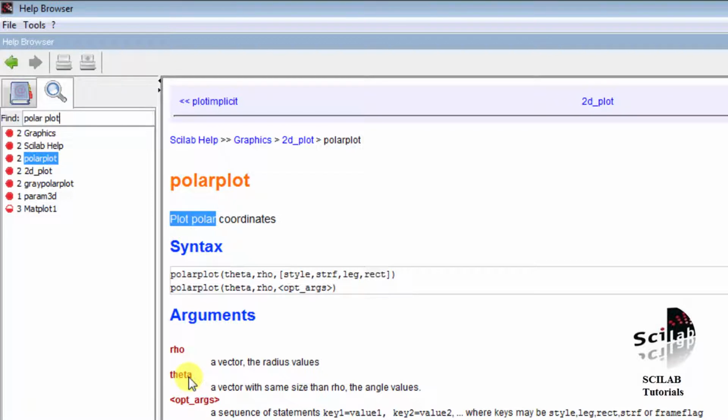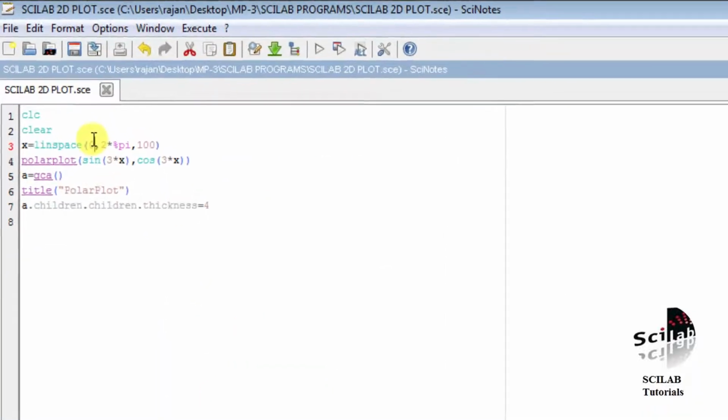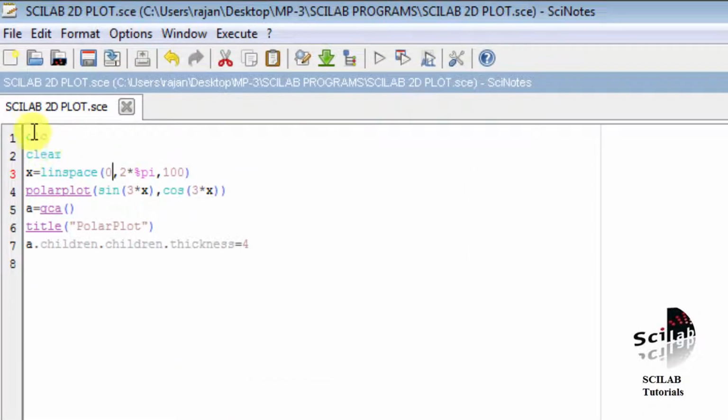Now how will we plot the polar plot, how will we give the value of theta and radius? For that I have written a code here, so I will explain this code line by line. CLC and clear, we know that they are used to clear the screen and the memory of the Scilab. Now I have given a command x is equal to linspace(0, 2*pi, 100).